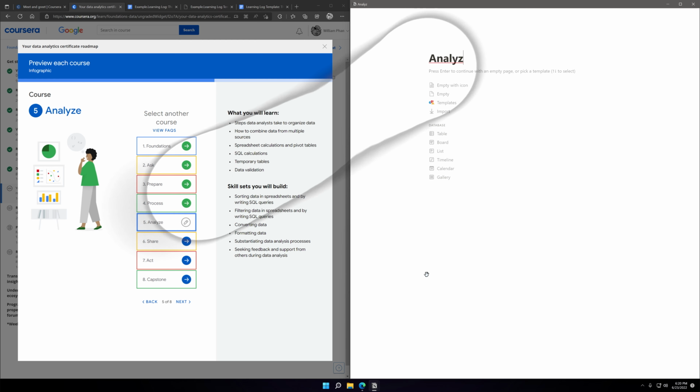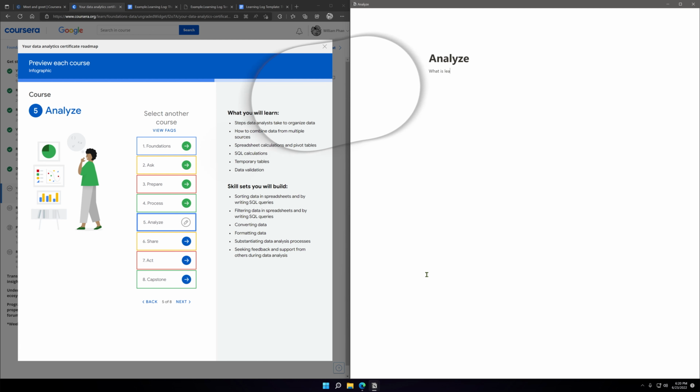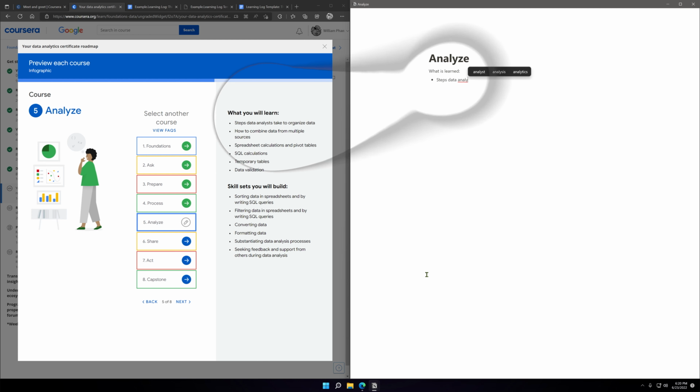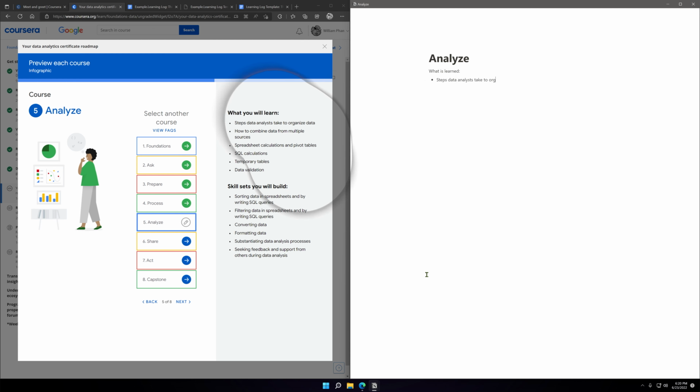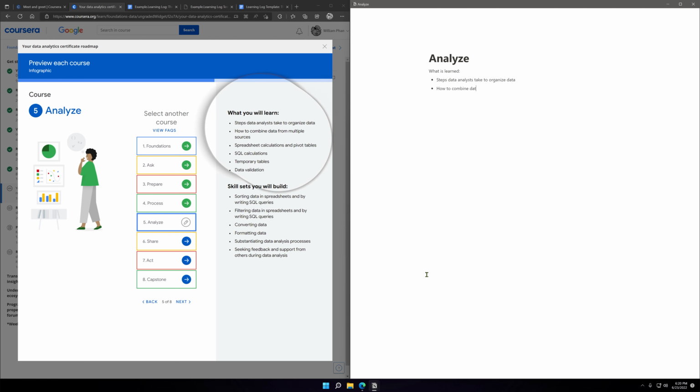Analyze. Learned: steps data analysts need to organize data, how to combine data from multiple sources.